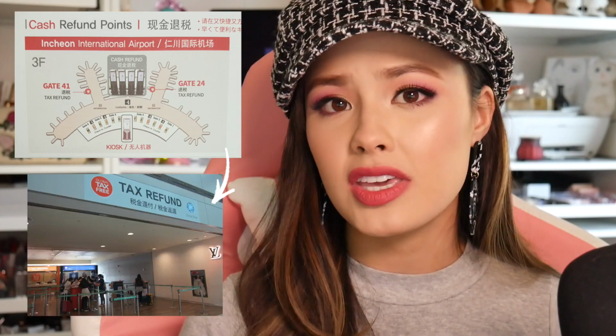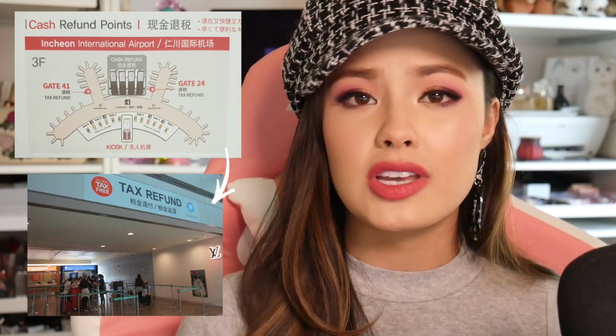Now recently I've noticed there are a couple different tax-free systems now being utilized when shopping in Korea. The first one is just the plain old tax-free where you spend 30,000 won or more and up to 300,000 won, you don't have to pay taxes on that product. What they'll do is give you a little form to fill out with your receipt. Usually it's actually printed on the receipt itself. You fill out your information, usually something quick like your name, your passport number, and you take it to Incheon Airport, and there they have kiosks or stands and people there to help you